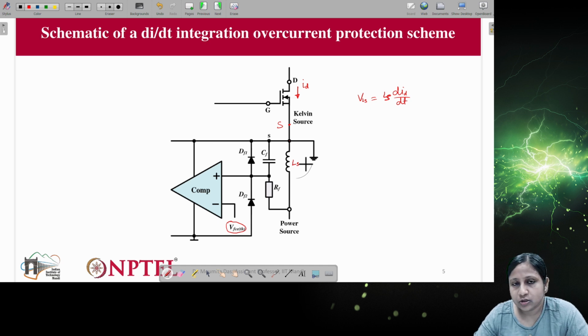Either it can come from the chip or the device, or it can come from the PCB layout. In both cases, silicon has a much higher value of LS due to the larger size of the device and also the way we implement the PCB layout. That gives a sufficient amount of LS, and that is why implementation of this kind of protection for silicon devices is much easier.